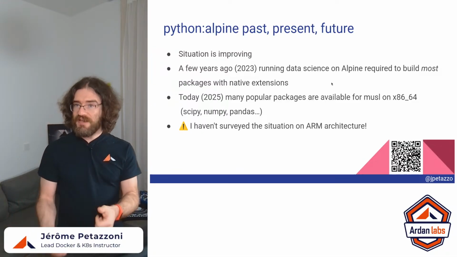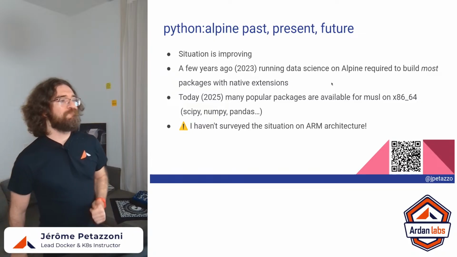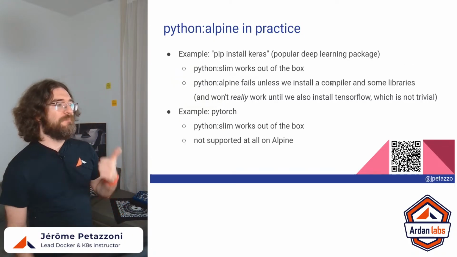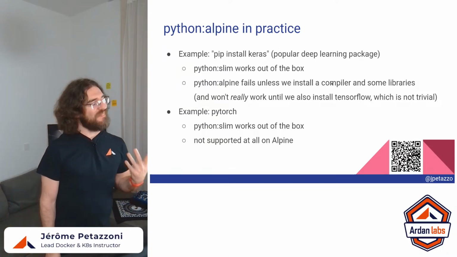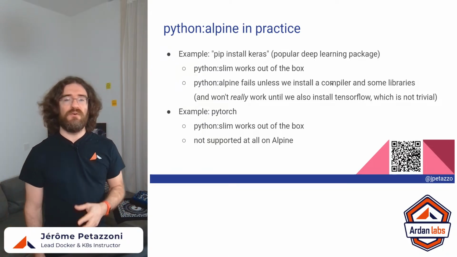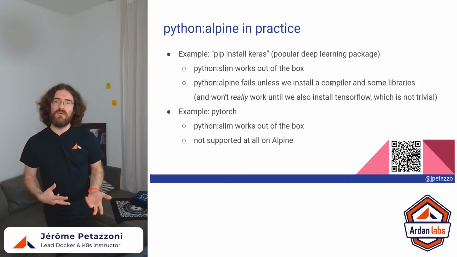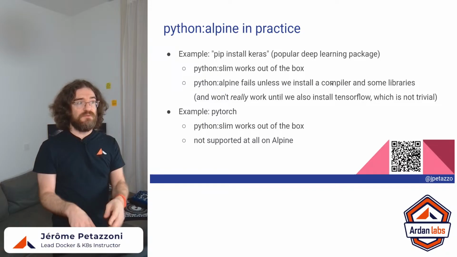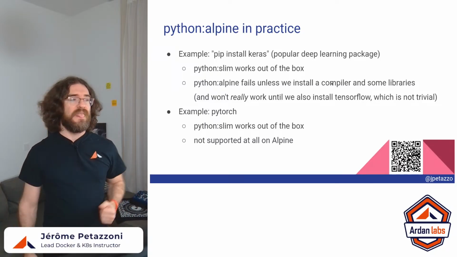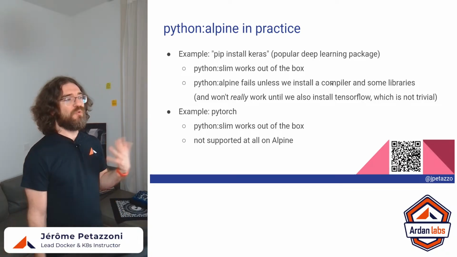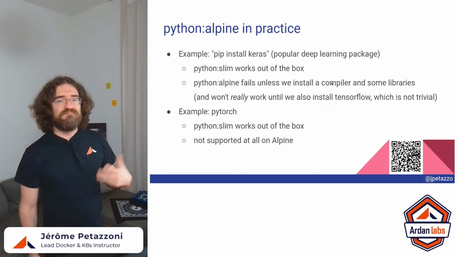So if you're using that, great. But the big ones I was talking about earlier, like PyTorch and TensorFlow, are not yet available for Alpine. Sometimes they're even not supported at all, meaning if you just try to build them yourself, it's not gonna work. Some people get them to work one way or another, but